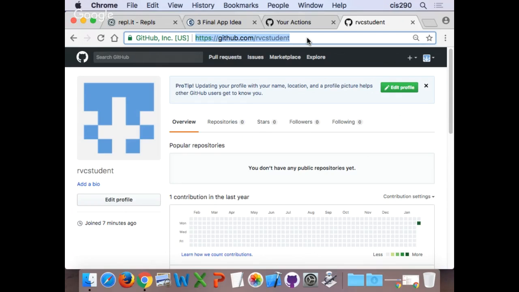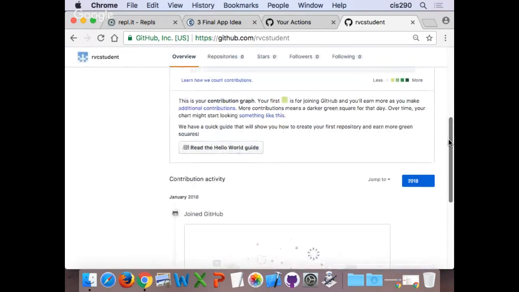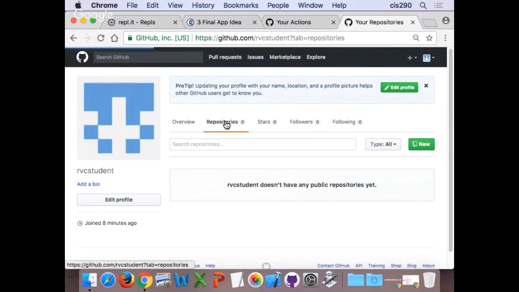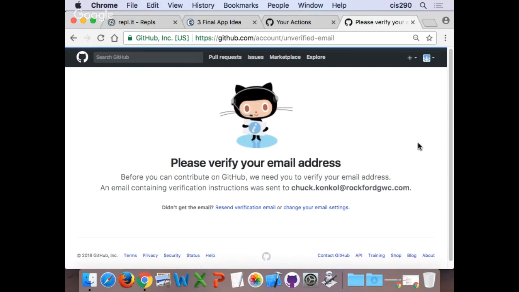So what I'm going to do right now, just to show you how easy this is, we're going to create a repo, and then we're going to create a web page with that repo. So first thing I need you to do is click on repositories, which is right now 0. You have 0 repositories. And does everybody see the new green button here? Everybody see that? If you'll click on the new green button, notice it says on mine, I have to verify my address, which you all have to do as well if you haven't.